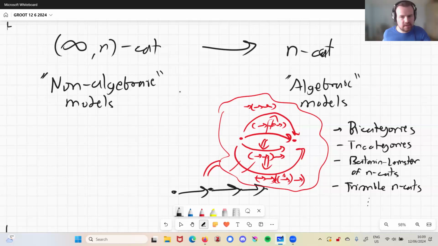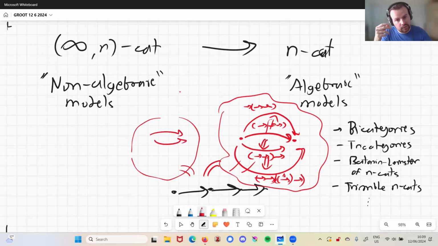Now you might look at this and think, God, this is a terrifying picture. There's all this increasing complexity going up into higher and higher dimensions. And you'd be right to think that. It is hard to write down what an n-category is. That's the whole challenge. So on the other side, you might decide, well, actually, I don't really care what the composite is. All I know is there are a range of morphisms that could be the composite, and that they're all equivalent to one another.